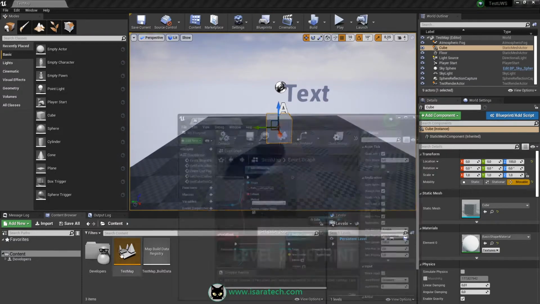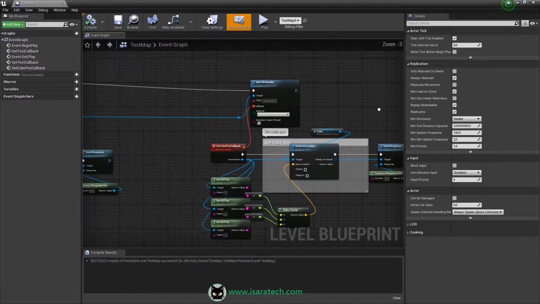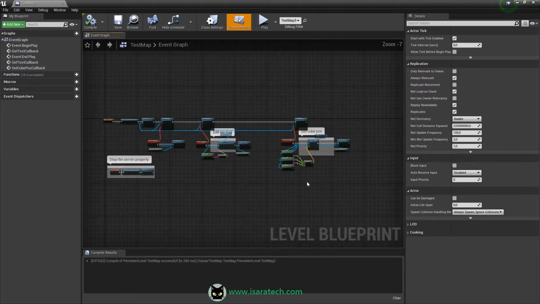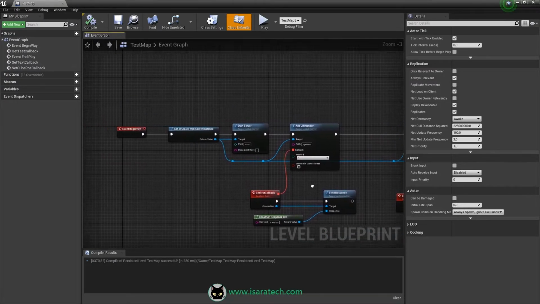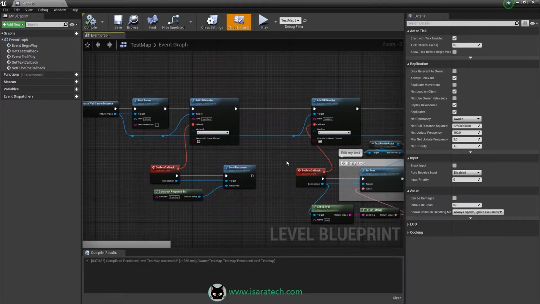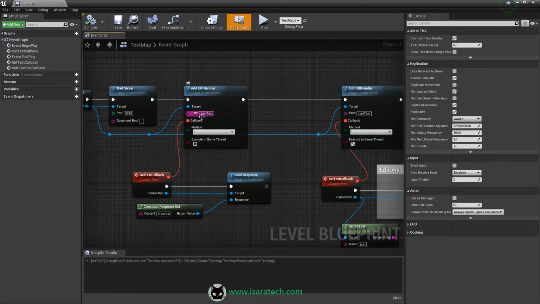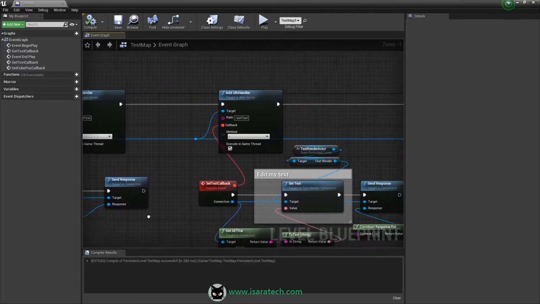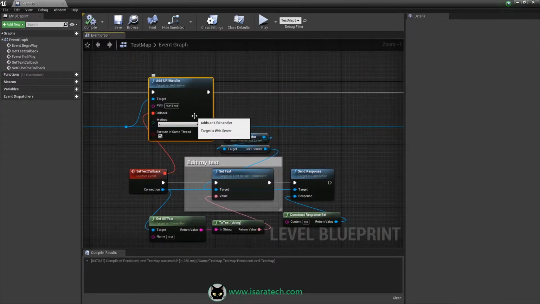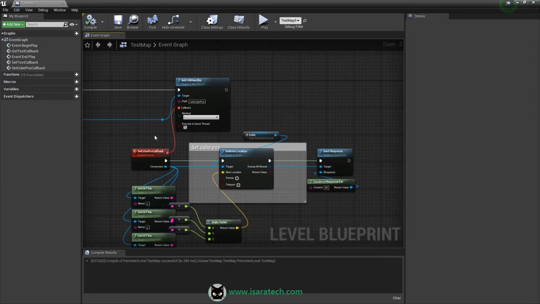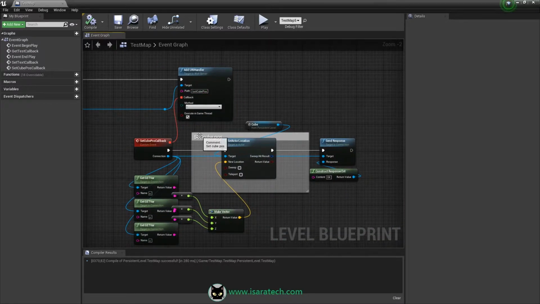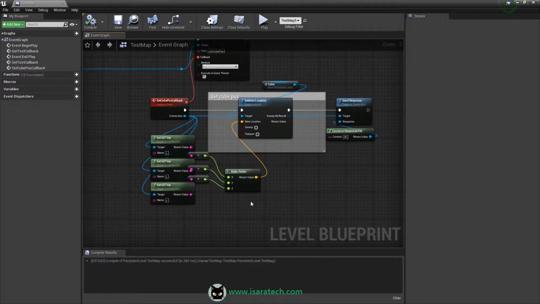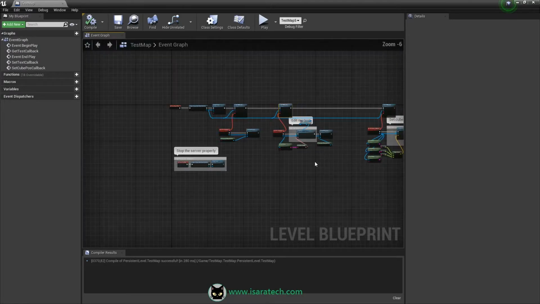If I check my level blueprint, I can see the default code I've added in the previous video. I have the getTest endpoint, which returns a simple response. I have a setText endpoint to set the text renderer, and I have a setCubePose to set the cube position using XYZ get variable.